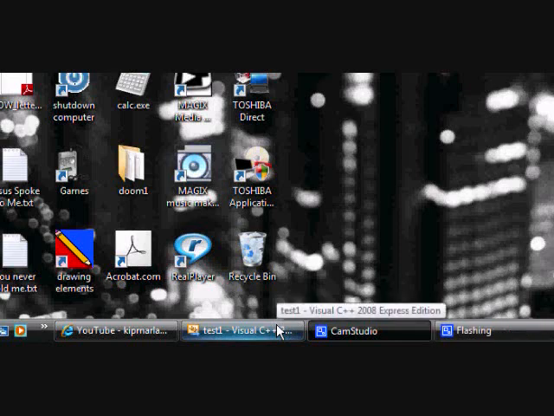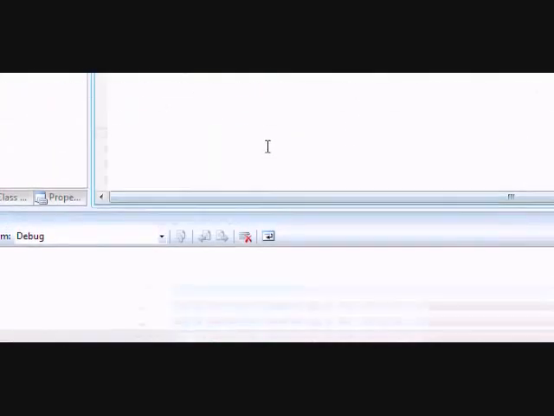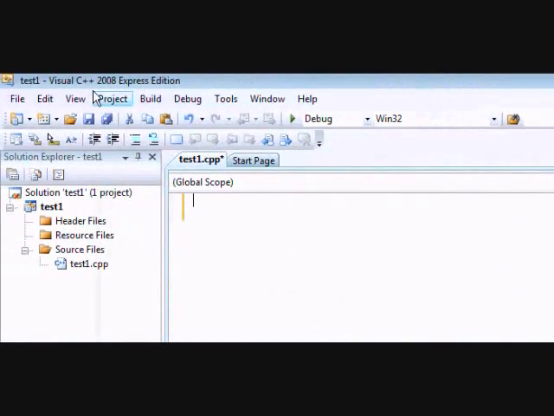Hey, I'm going to make a tutorial on C++, making a C++ program. I use Visual C++ Studio. I like this one. It looks like this. Anyway,